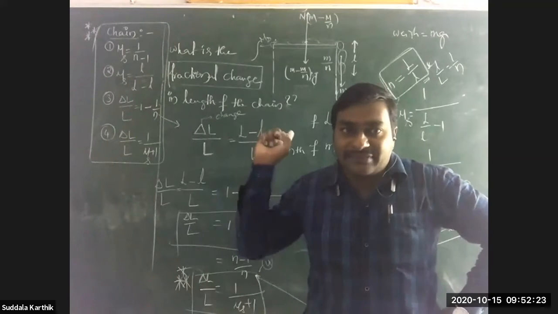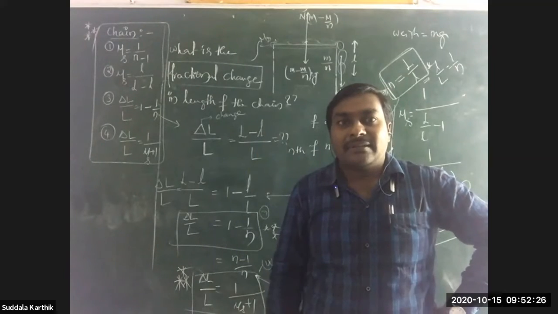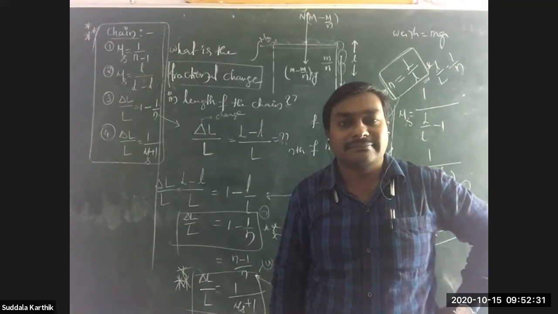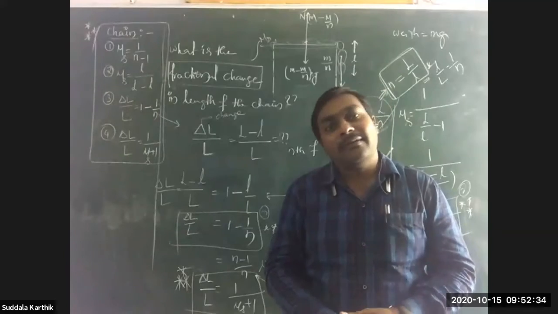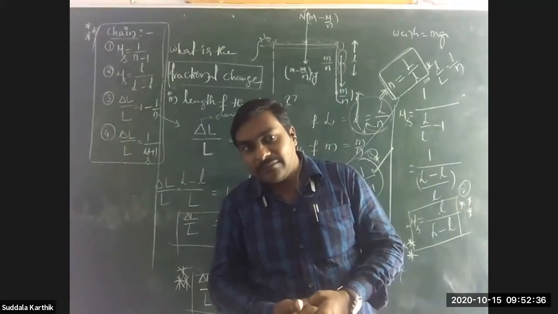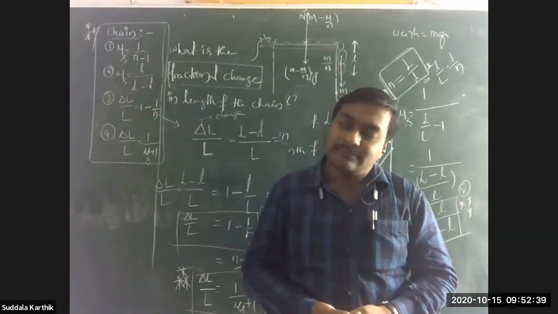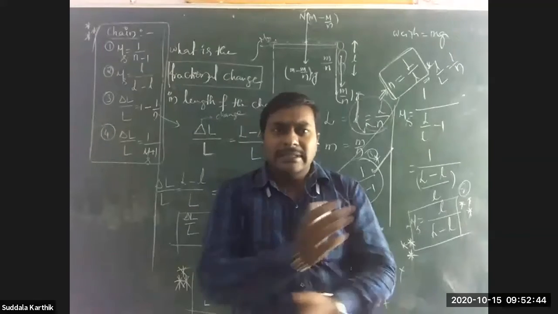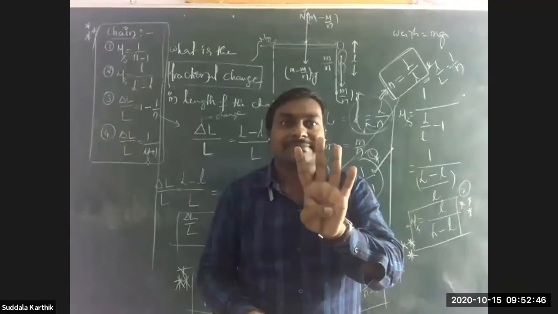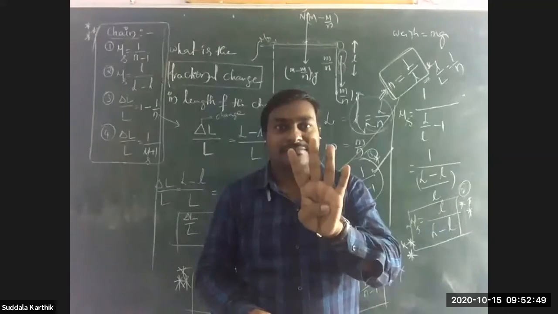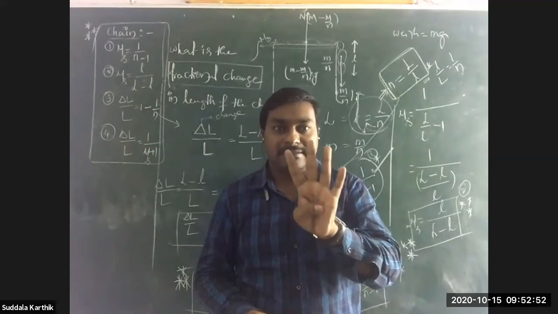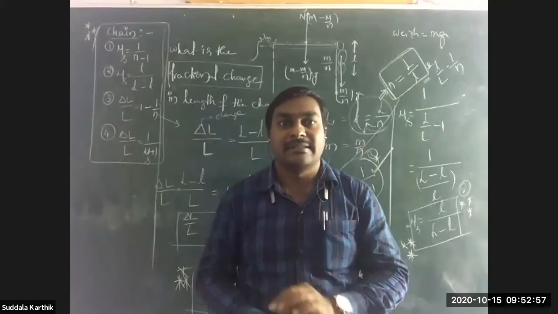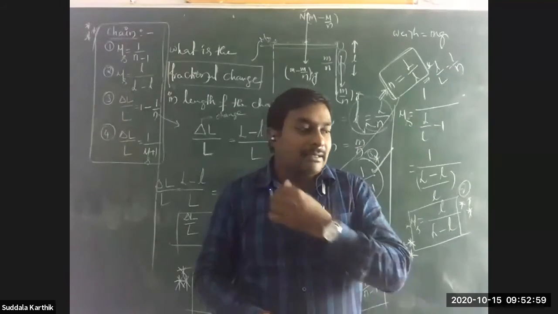Right? Under friction, one question is there now. Mention the different types of friction. How many types of friction are there? 4 types. Static friction, sliding friction, kinetic friction, rolling friction. That's it, that is one question, a 4 marks question. Definitely, in the IPE examination, types of friction is asked as a 4 marks question.